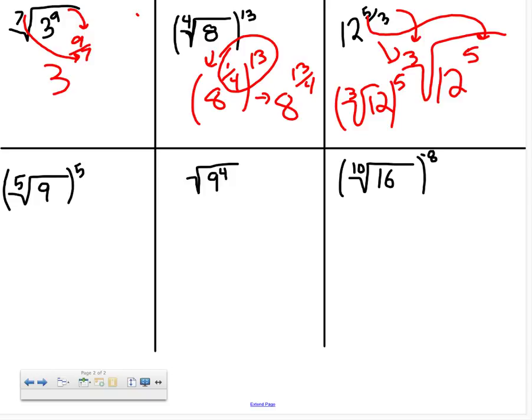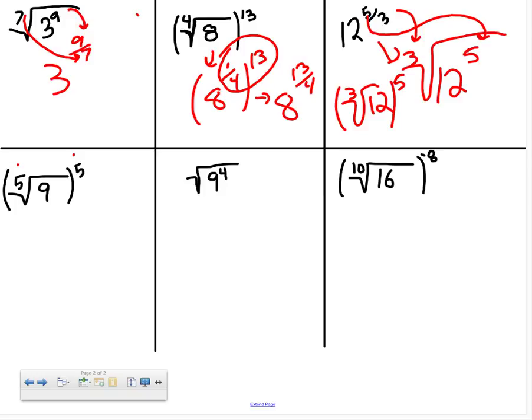And then another side property of this is, because this is the case, we know that if I have a root and the complementary power, they're just going to simply cancel each other out. Just like if I multiply by 2 and then divide by 2, I've done nothing. Or if I've added 5 and then subtracted 5, I've changed nothing. So if I take the fifth root and then take it to the fifth power, I've done